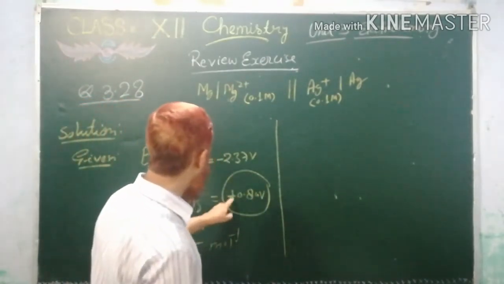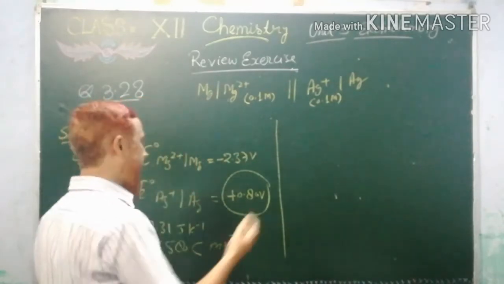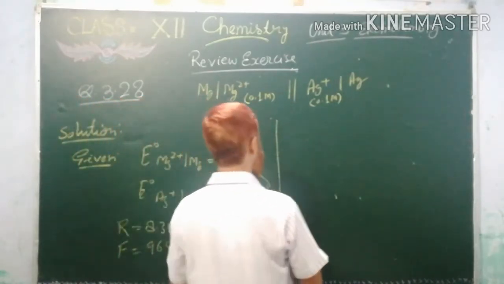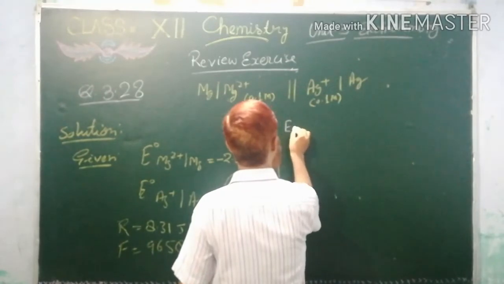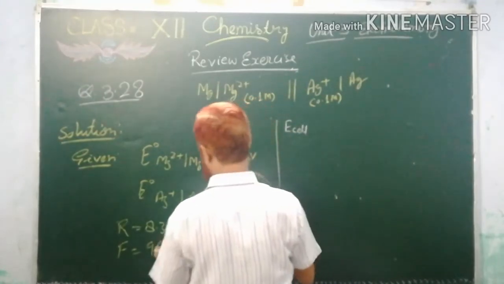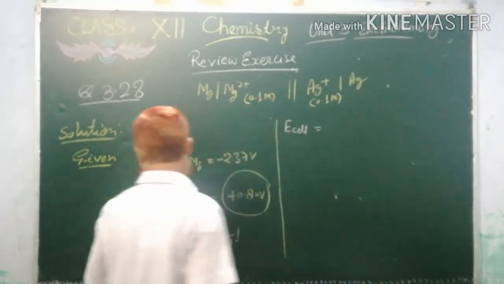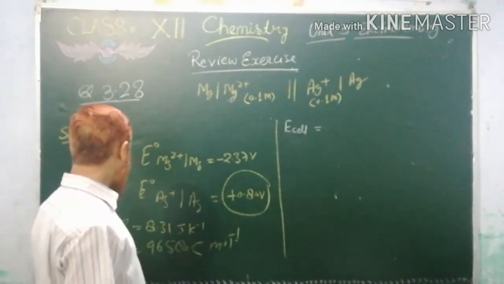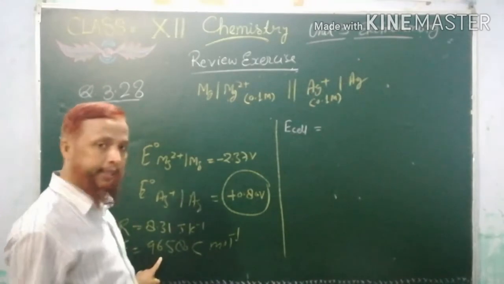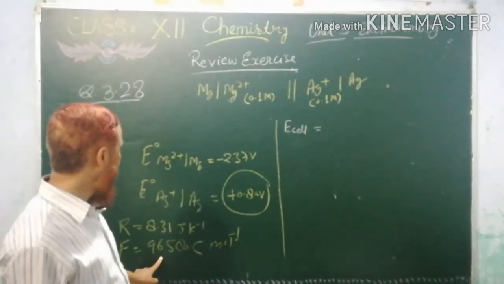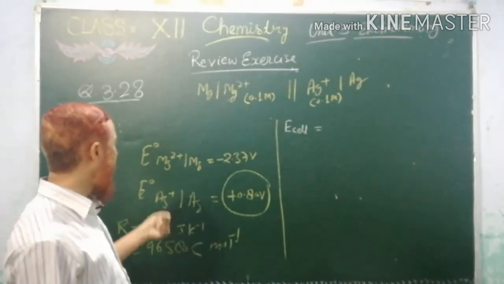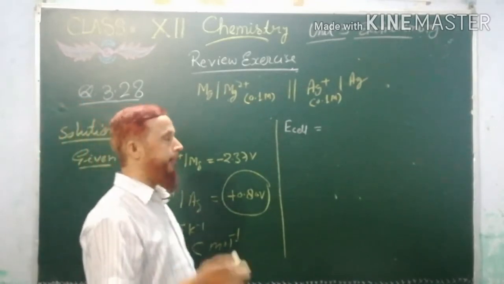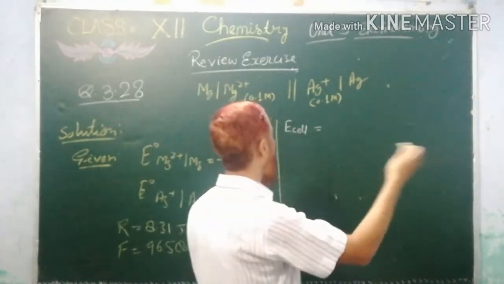Okay. So we will make the correction here. Now we are going to write the Nernst equation for this. So EMF of the cell, E cell, we have to calculate here, and also R, the value of R is given 8.31 joule per Kelvin and Faraday value is given the same as standard. So if you substitute all these values at 298 Kelvin, it will come 0.059. So directly we will put that one.